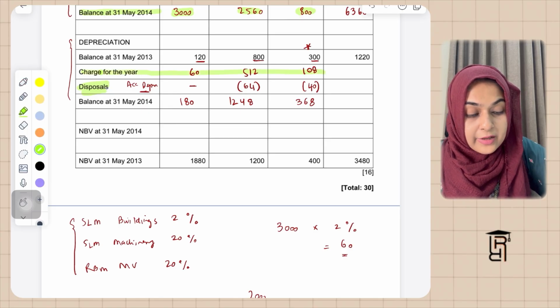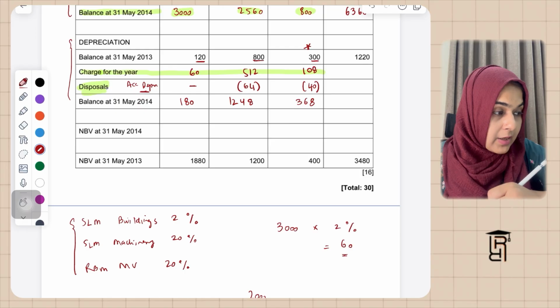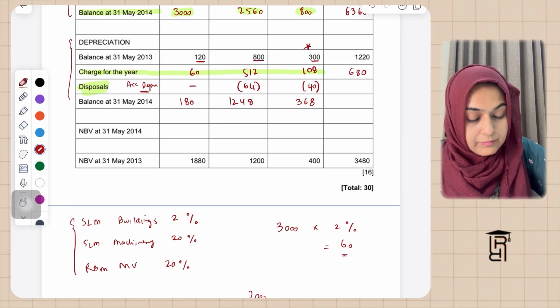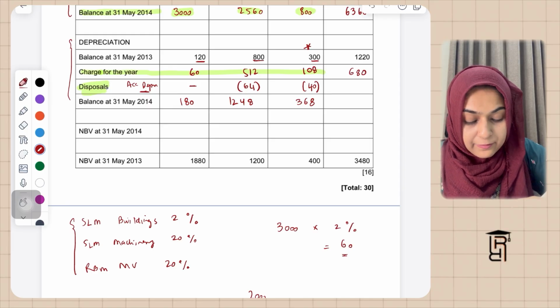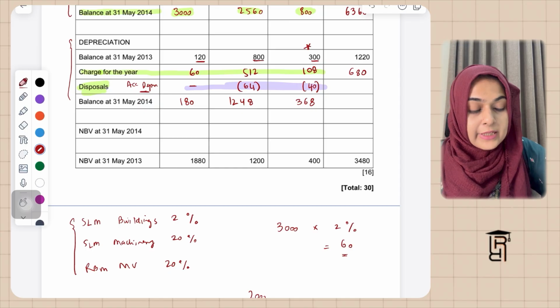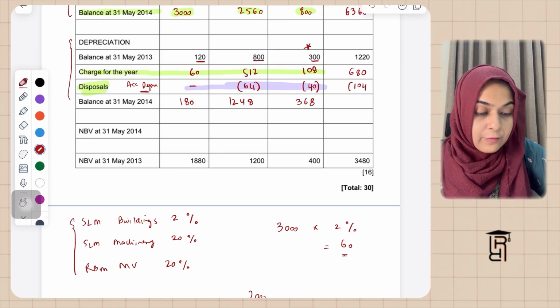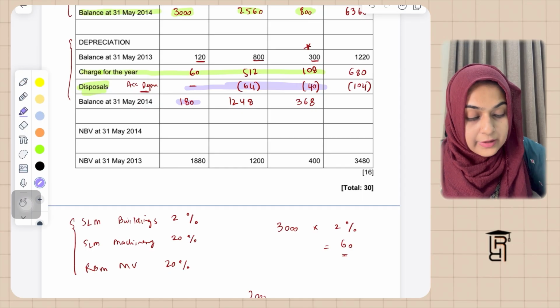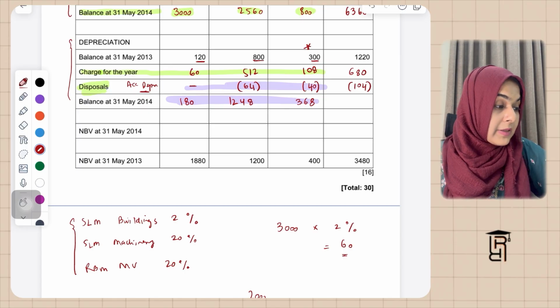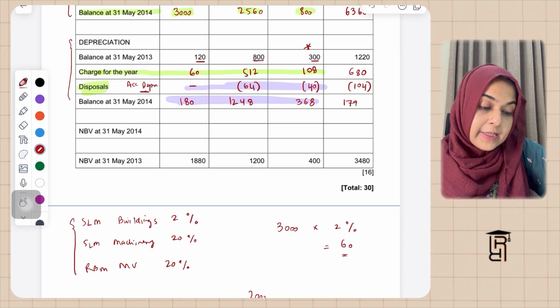so now when I do the row totals, तो पहले हम charge for the year का row total करेंगे, तो row total इसका आएगा 680। yes, and for the disposals total 64 plus 40 is going to give me 104 ना, 104 यहाँ से हम माइनस करेंगे। and for the total of balance carried down, balance at 31st May 2014, 180 plus 1248 plus 368 is going to give me 1796।